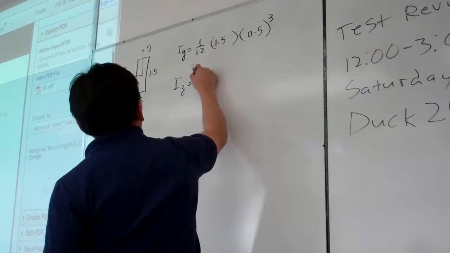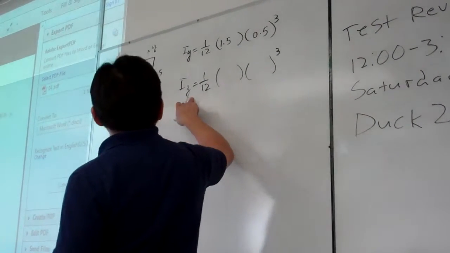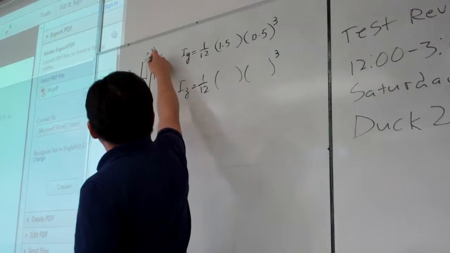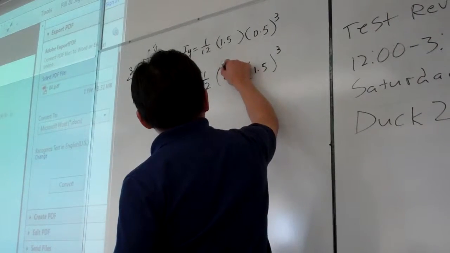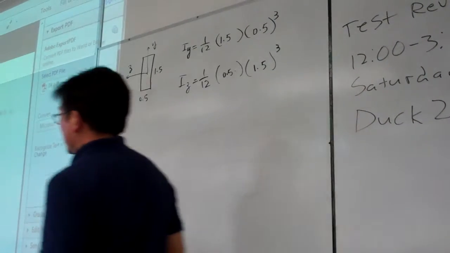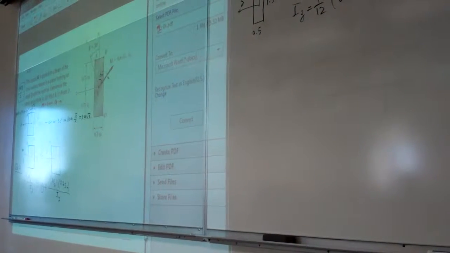And Iz is 1/12, and that is about z-axis. So 1.5 goes to the cube term here, and this is 0.5. So we plug in the information here, and